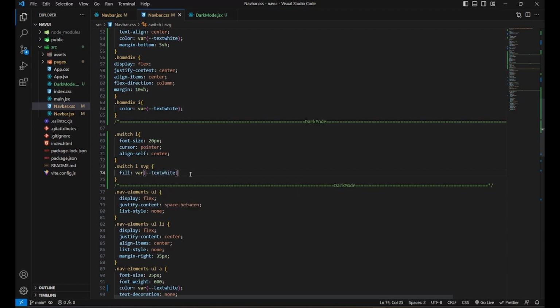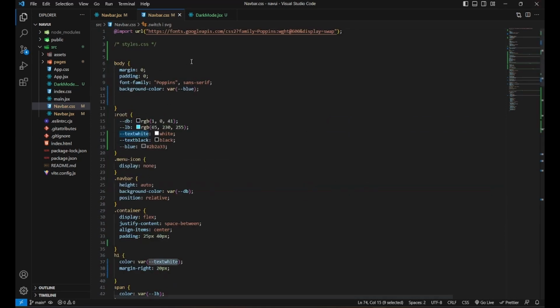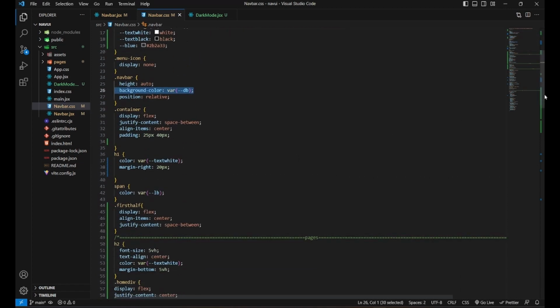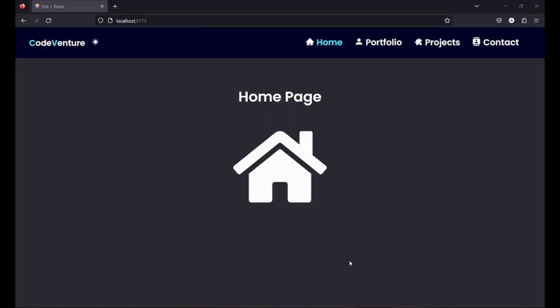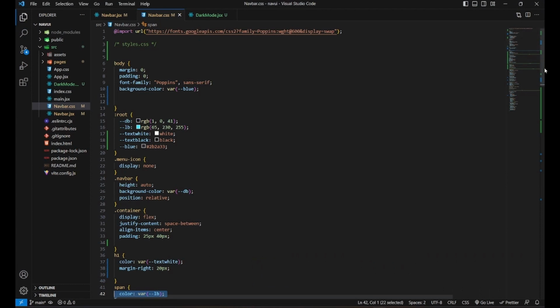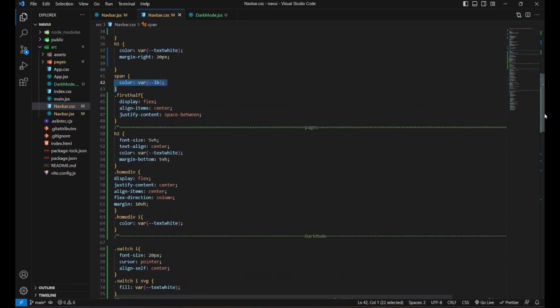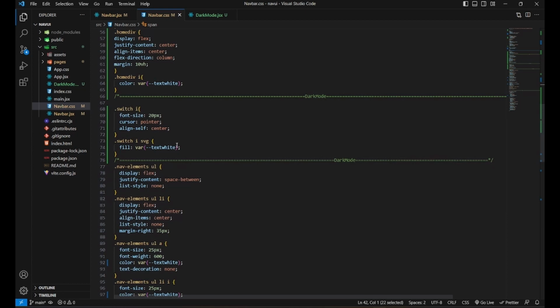You can notice one thing, that we are using color variables throughout this CSS file, and we have declared the color variables as root on the top of the document after the body. You can see the nav bar, the text, icons, the spans, everything is using color variables. So the color variables can be changed using useEffect. That's what we are going to do here. We are going to use useEffect to change these color variables and apply our dark mode toggle function.